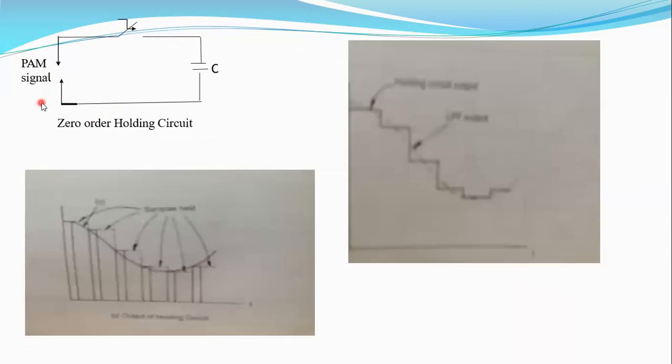If you see here, this is the basic block diagram of pulse amplitude modulation. Here we have a switch. When this switch is closed for the duration of each pulse, it allows the message signal at the sampling time to be part of the output. And when the switch is open for the remainder of each sampling period, the output is zero. Output is zero in the sense it will show a flat output. So this is known as natural sampling.